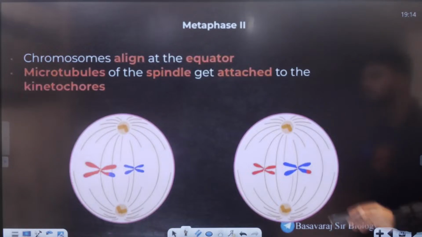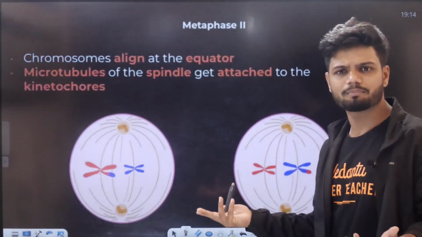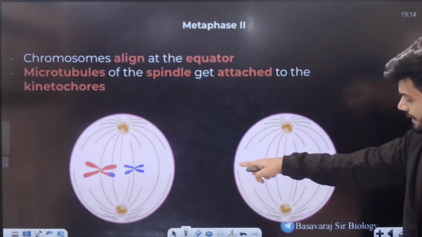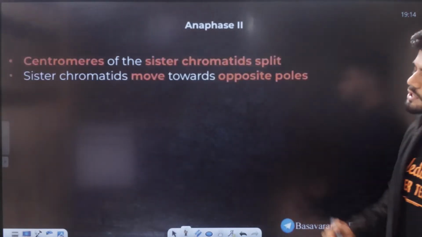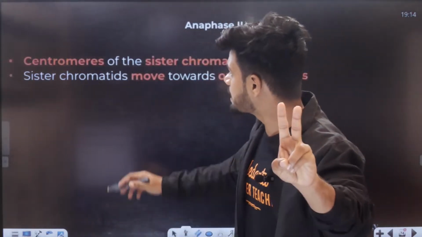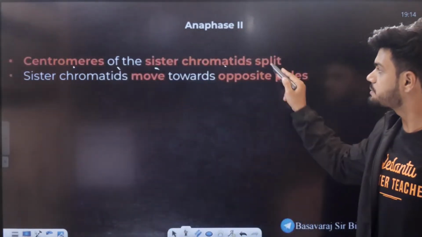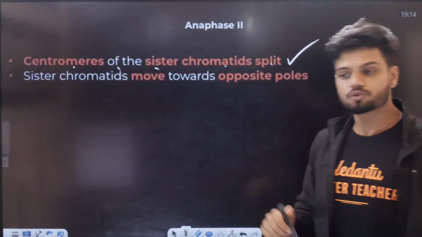Prophase 2. Metaphase 2, same thing again. In metaphase 2, all the chromosomes align at the equatorial plate, just like mitosis. What is happening in anaphase 2? The centromere of the sister chromatids is split. They're splitting open. So if I ask you a question,